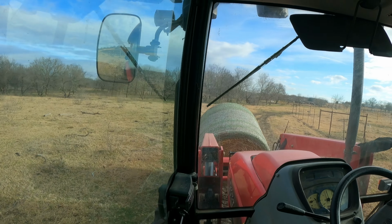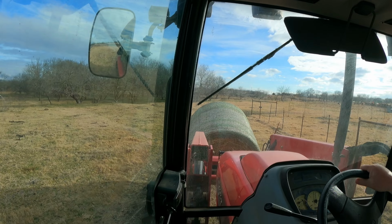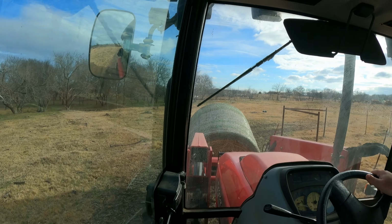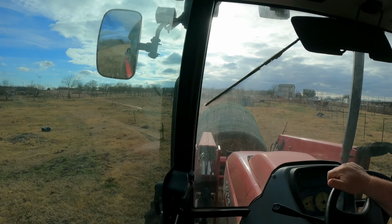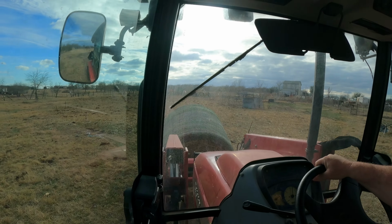let it sit for a day or two, then we'll disc it up, try to get it all ready to go. We're getting close. I need to get ryegrass in if I'm going to plant it, and if I get the ryegrass in, we'll get a hay cut into that, and then turn around and put Sudan in. So right after that,